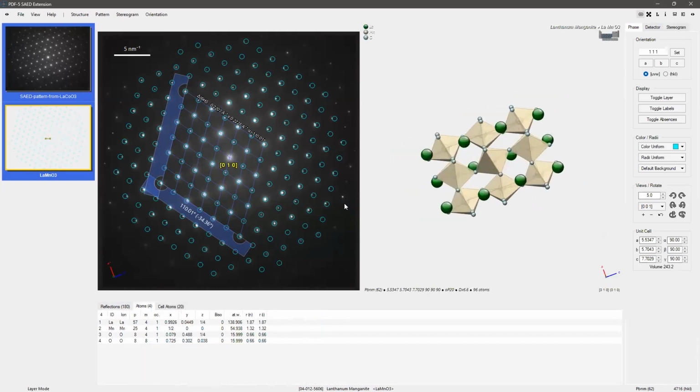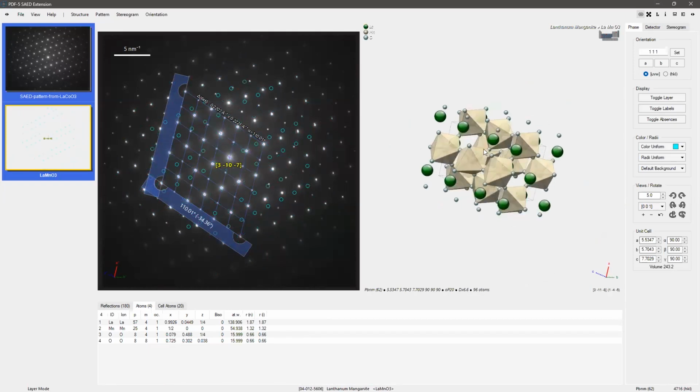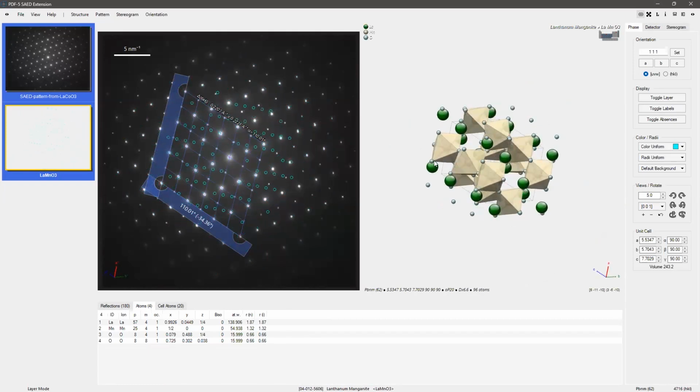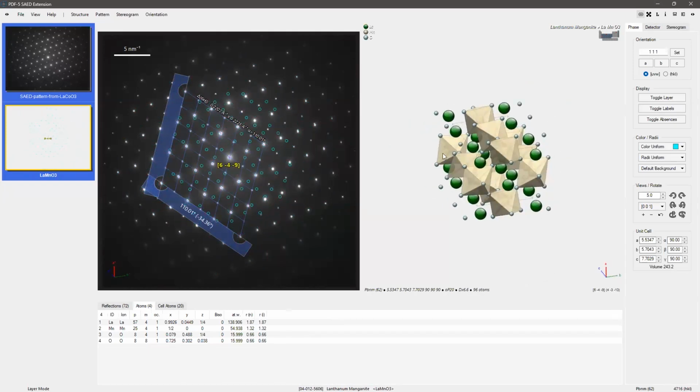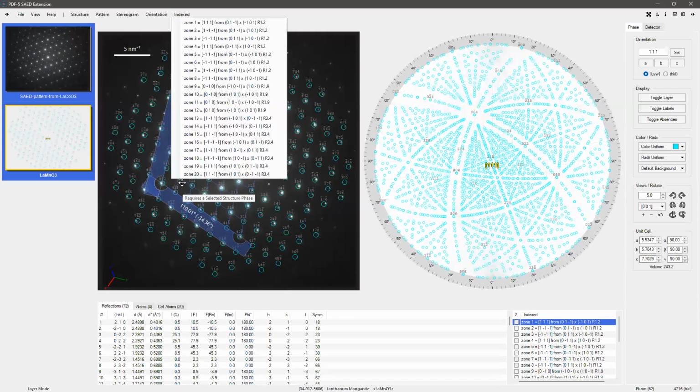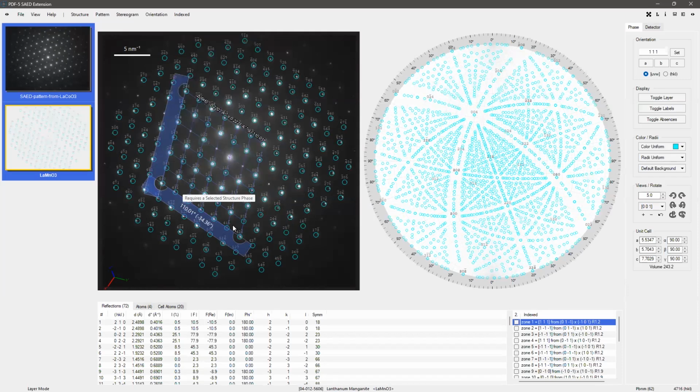Let me change the direction and zoom here, so it doesn't match the image anymore. So by selecting this structure, we have a unit cell that's known now, and now we can right mouse click the grid tool and say index grid, and we have obtained a list of solutions, which is also shown here,